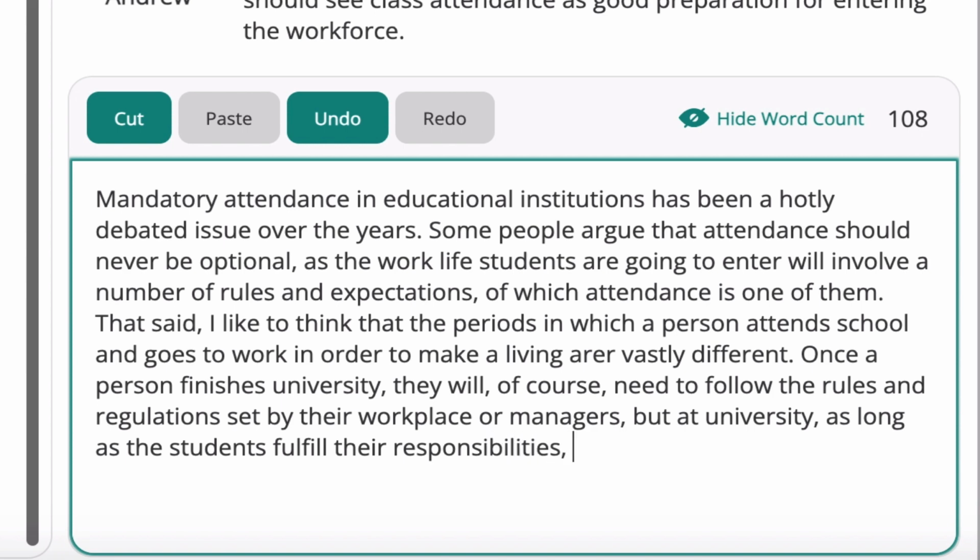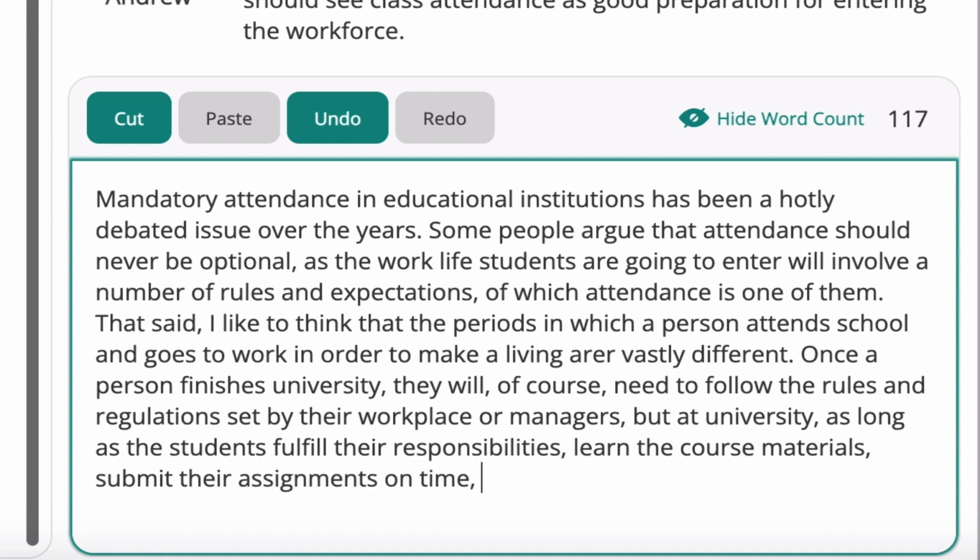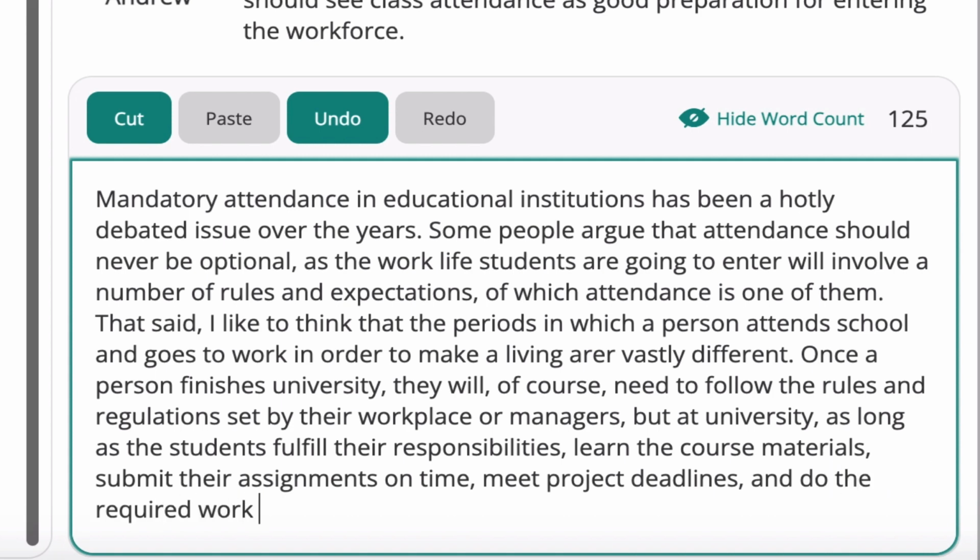Okay, what are these responsibilities? They learn the course materials, okay? What else do students have to do? They submit their assignments on time. They meet project deadlines and do the required work. So what am I saying? As long as they do their homework, as long as they turn in their projects, learn the course material, as long as they behave, act like responsible students,